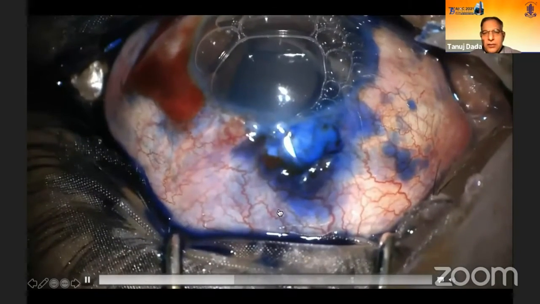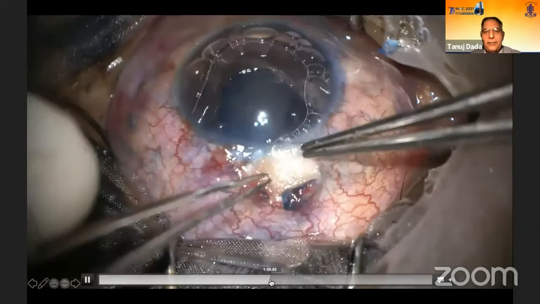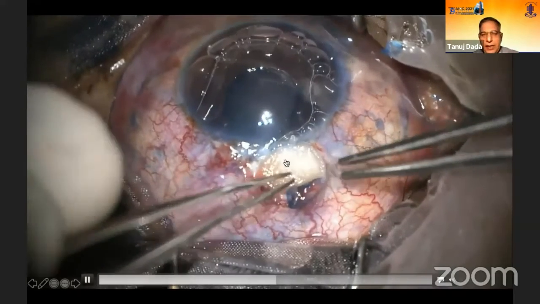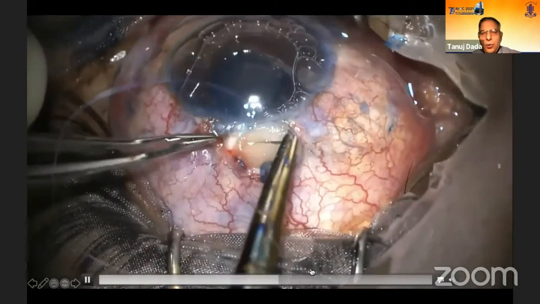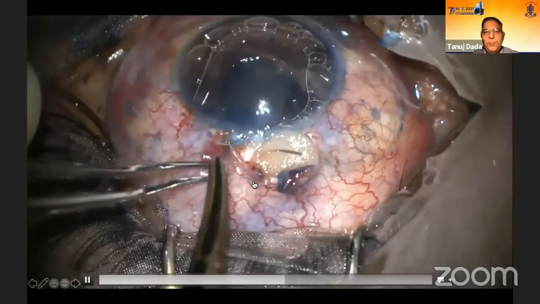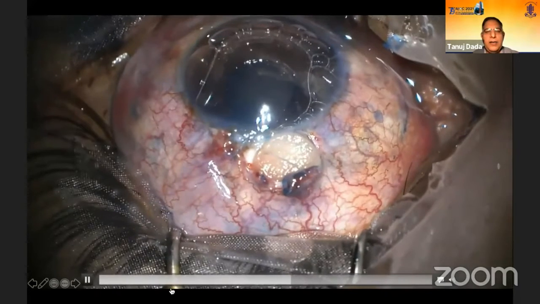So in this situation, we adopted a different approach, and we used a biodegradable collagen implant to tamponade the area of the leakage and then overlay it with healthy conjunctiva. Suturing of the implant is warranted so that it doesn't move back and expose the area of the leakage.